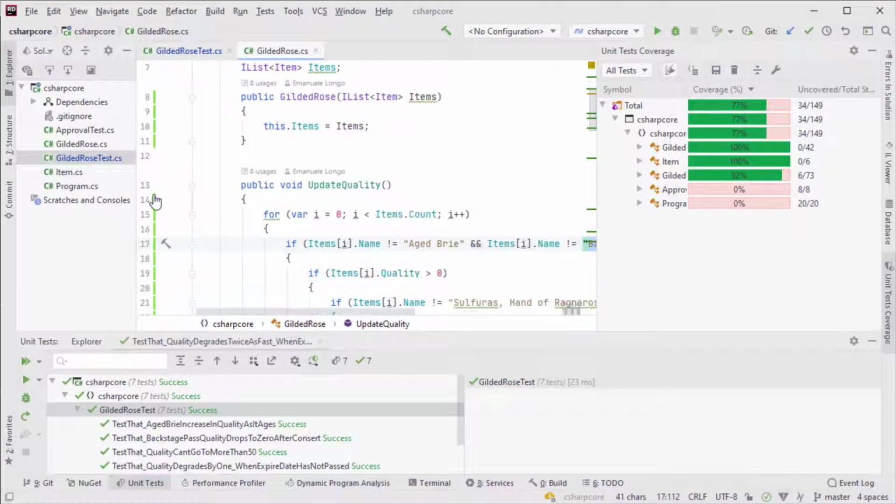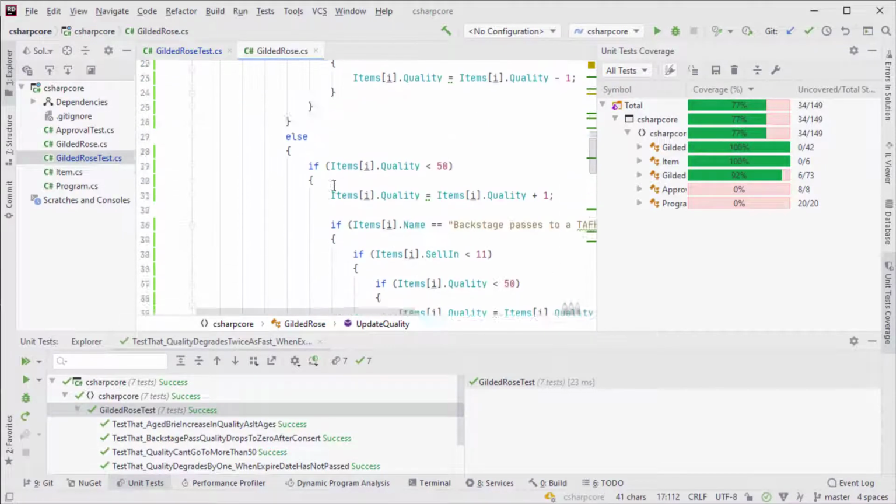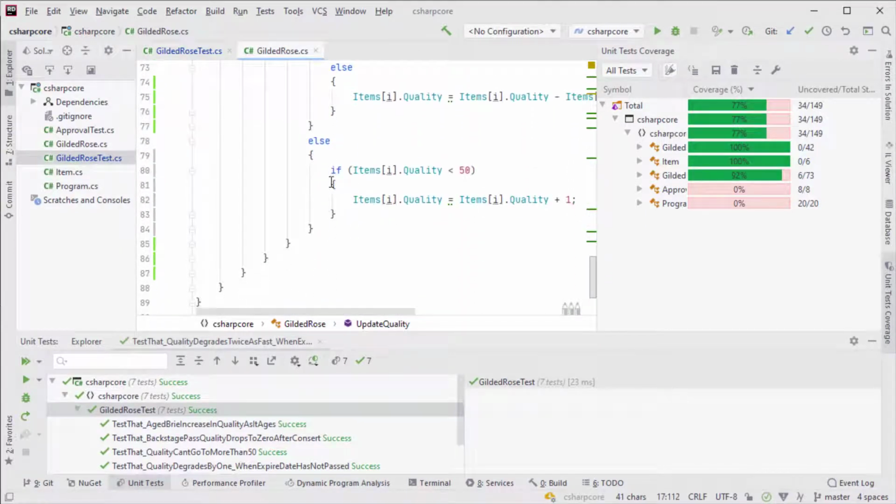The way it works is that we have this bar on the left side. All the lines which have a green marker are hit by a unit test, and if some of them are gray, they're not hit. So let's see if we have any gray lines left. It seems we have something here.